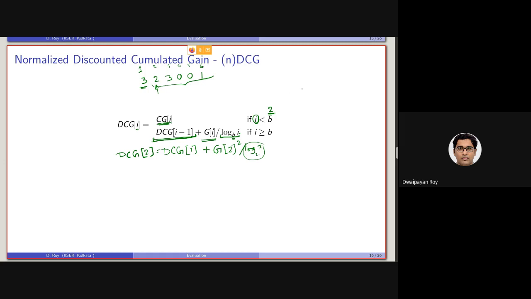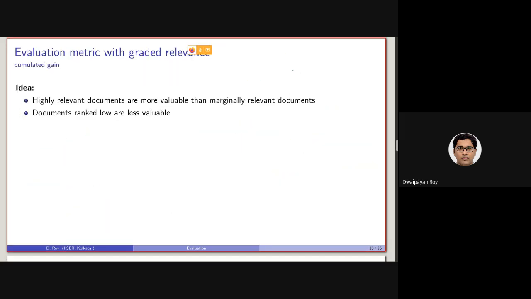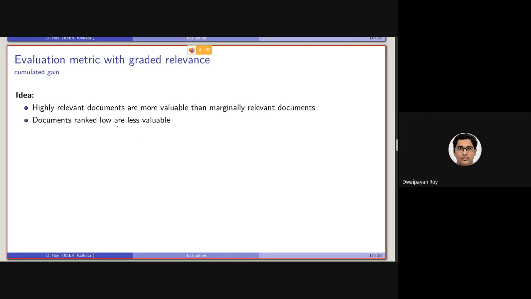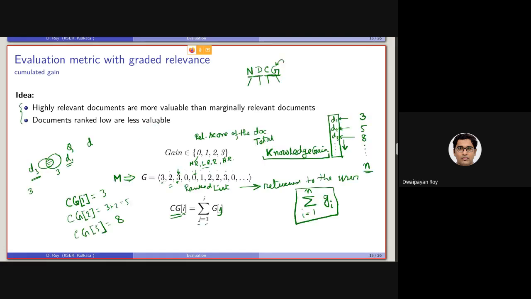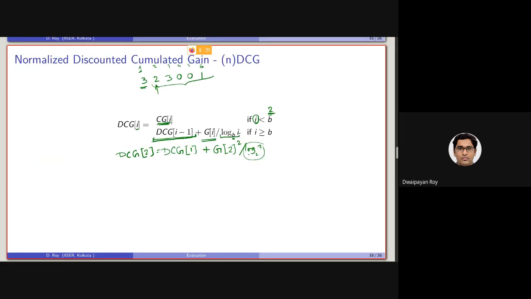Whenever, as we are assuming, a document ranked lower is less valuable, right? So here with this log factor, we are actually considering that information as well. For the second document, this dividing factor will be what? Log 2 base 2, which is basically 1.